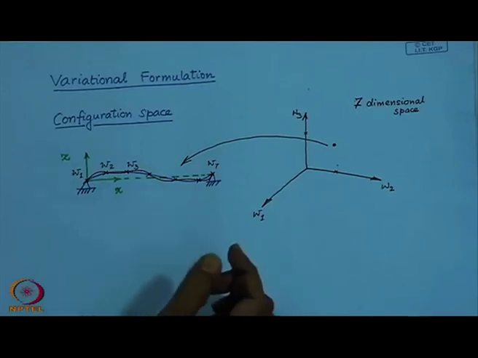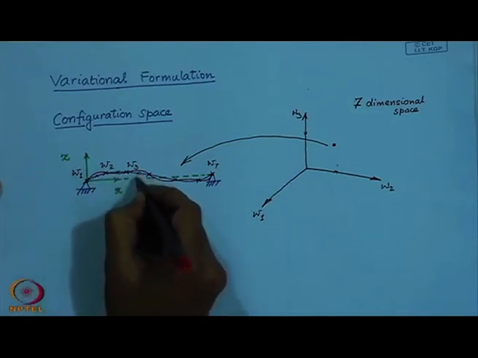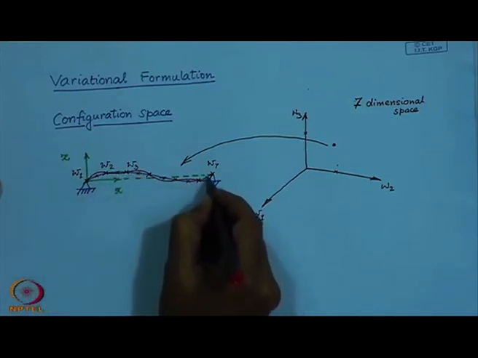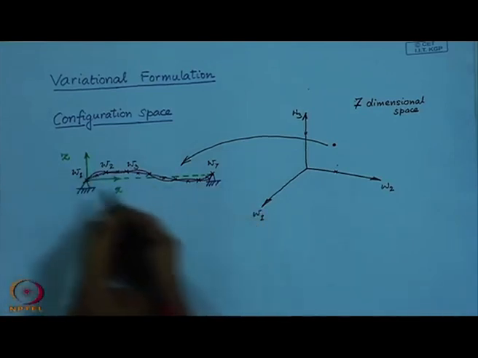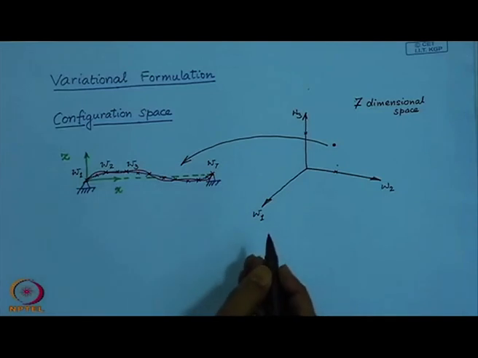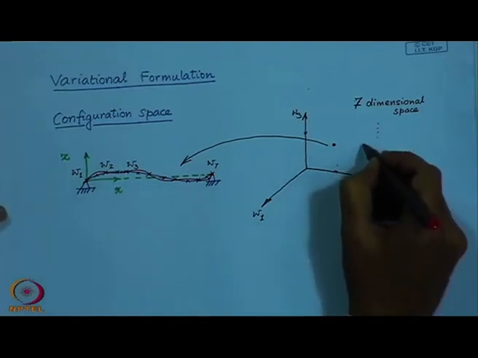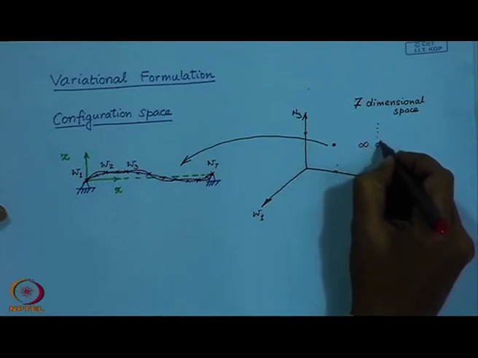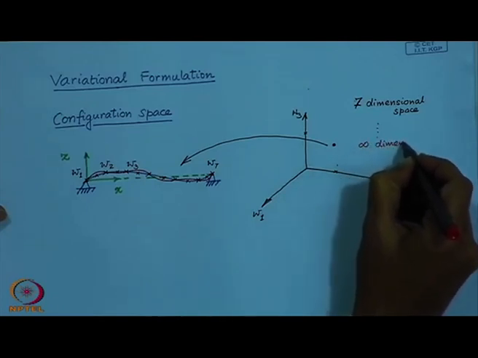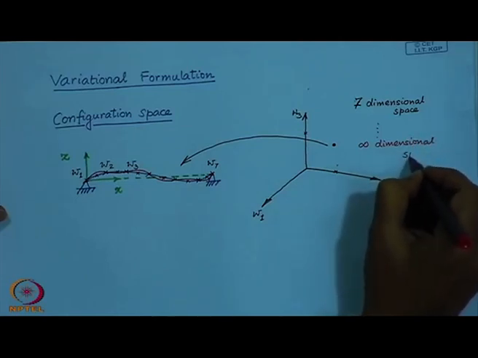So, what do we do? We increase the number of points, and if you go on increasing the number of points to capture more and more configurations, or infinitely many possible configurations, finally what you come to is an infinite dimensional space